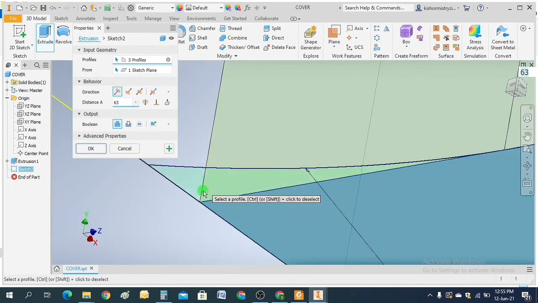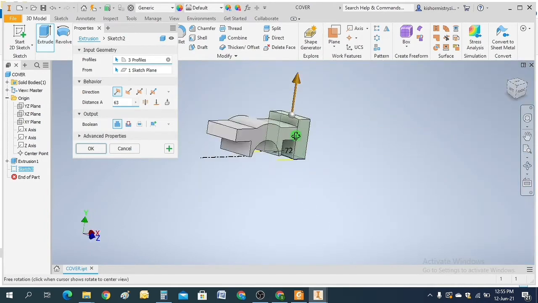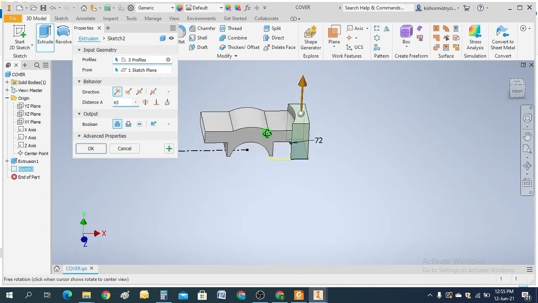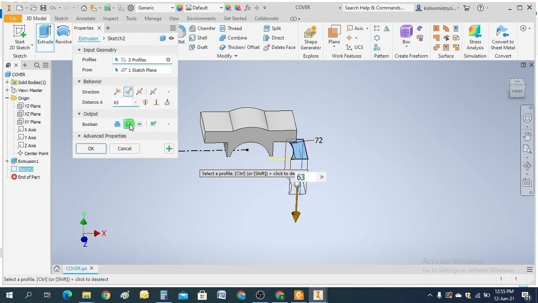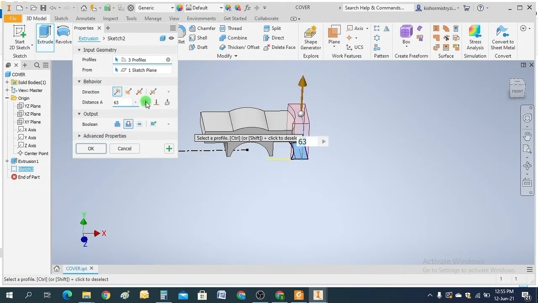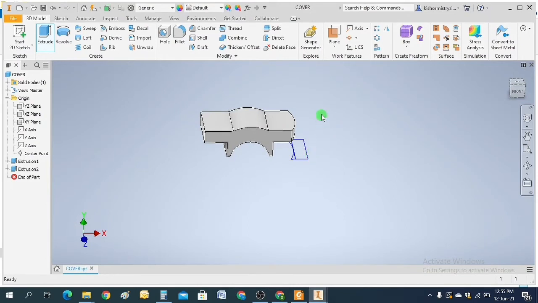This time I don't want to create a mass, I want to cut extrude. So I will click this option, and I want to change the direction, and I want it to be through all. Click through all. Okay, now you can see the end part has been created.